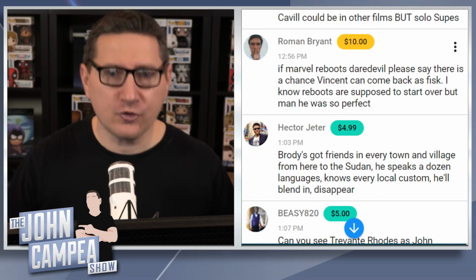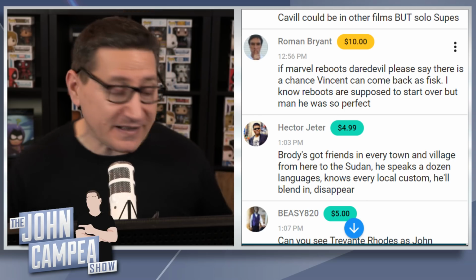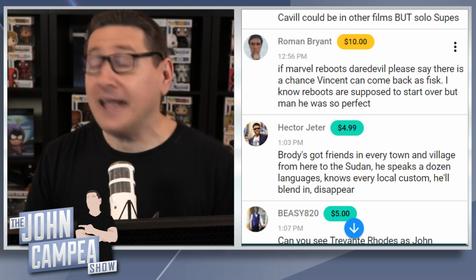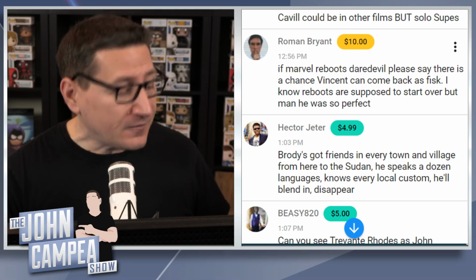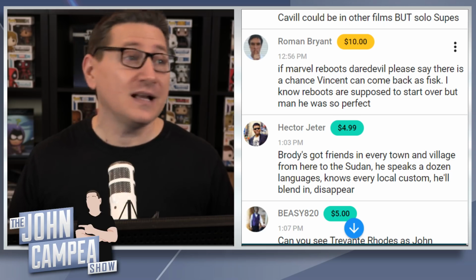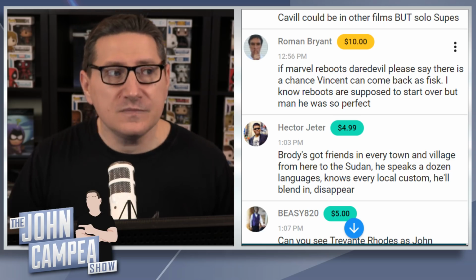There are other great actors, and there are other ways to portray a character that'll fit that way they're going to portray their hero in whatever way they do it. So, hey, look, if they announce tomorrow that Vincent D'Onofrio is going to continue to play Kingpin in some new incarnation of Daredevil, I'm not going to complain. Certainly not. But